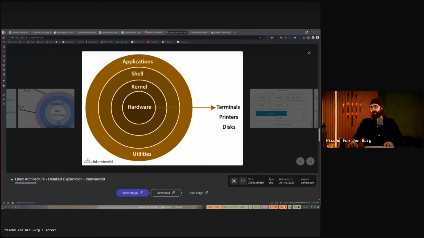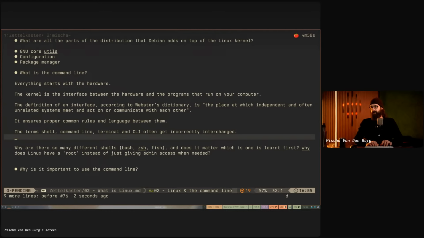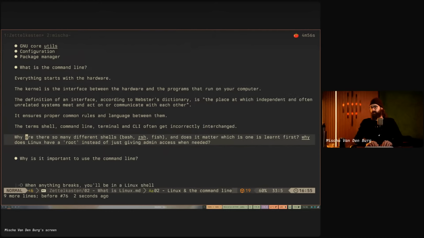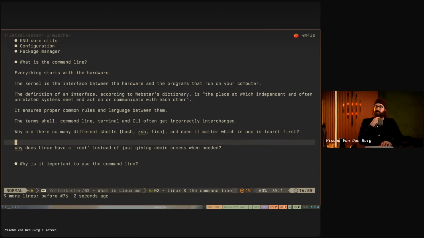So that is why we need the shell. And the shell, as this question came to, why are there so many different shells? Bash, Z shell, fish, and does it matter which one is learned first? So as you see, implicit in this question is the fact that there are many different shells. And why there are so many different shells is because